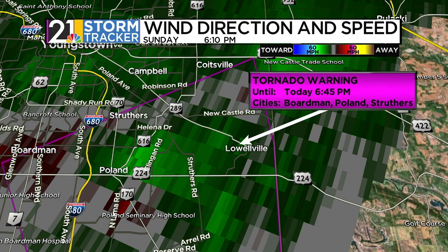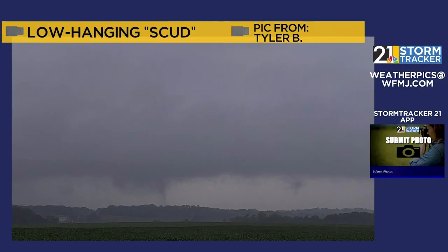I do want to show you just very briefly, if we can here, I'll pull up this photo. Our storm chaser, Tyler, has been following this storm. This is a picture from earlier of what we call a low-hanging scud cloud. And this is a feature that has persisted with this storm for about the last hour. We've been watching this weak rotation and waiting to see whether it strengthens and tightens up. And it has been enough so far to produce a couple of these quick lowerings of the cloud base and